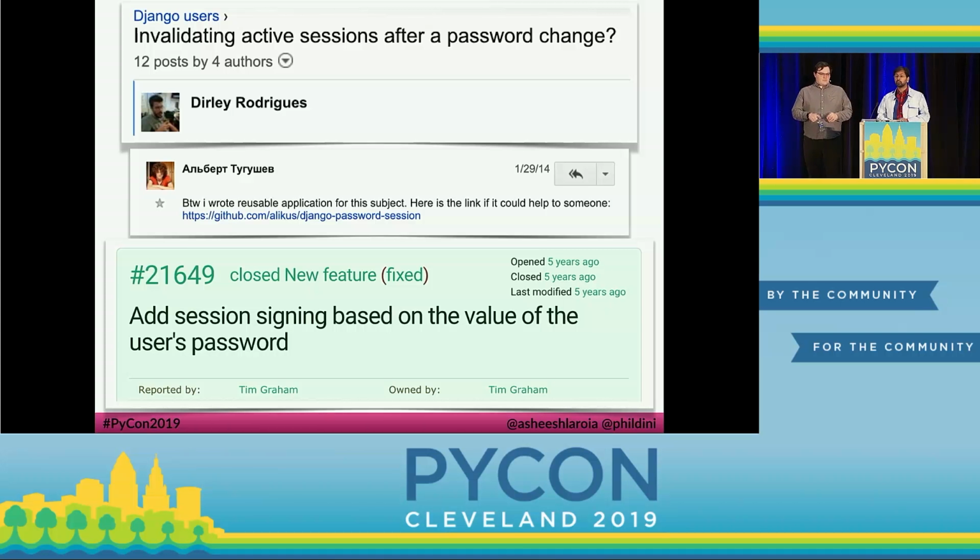The idea is to store an HMAC of the user's hashed password in the session. Since Django doesn't always have a database table with all sessions, Django can use this algorithmic approach to make sure that past sessions are invalid in the future. That is, if the user's current HMAC password doesn't match what's in the session, then you should log out this session. So being able to muck with sessions is a pretty powerful security tool, and there's an advanced technique that builds on it. But first, let me ask you all a question.